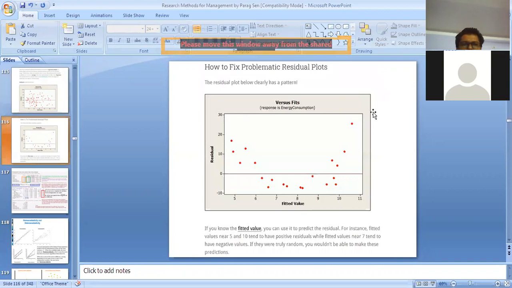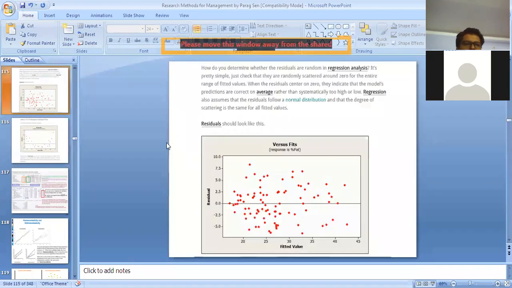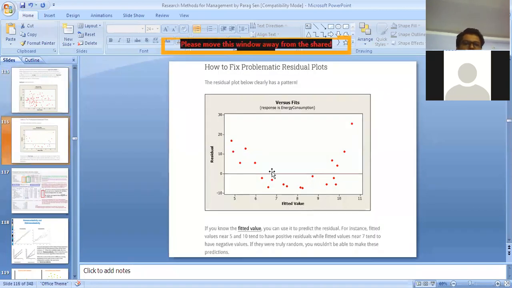So now you see, just conversely, you can see this graph, the residual versus fit. You can see that these data are not scattered like the earlier one. There you can clearly see a pattern is there. So the residual actually depends upon the fitted value. So you cannot say that this is random or by chance.